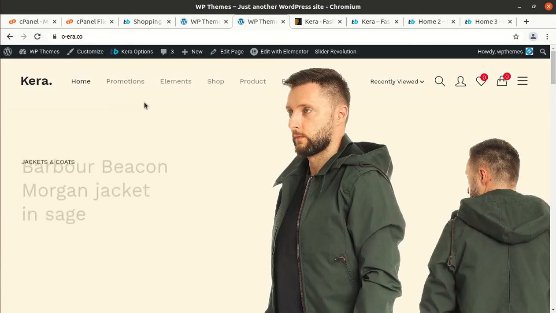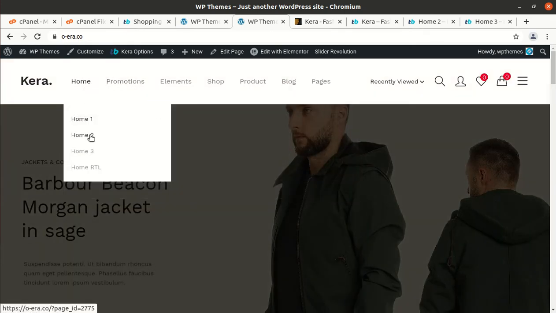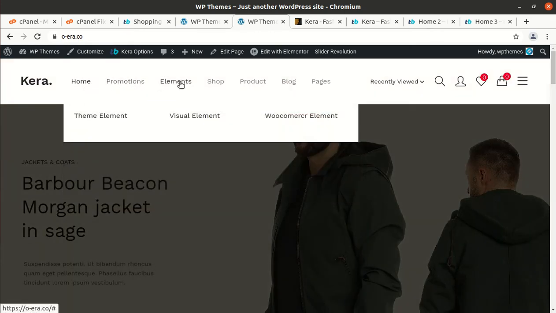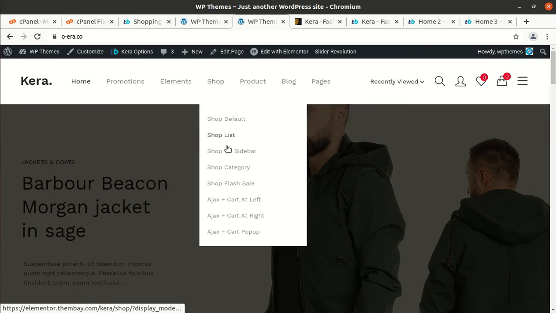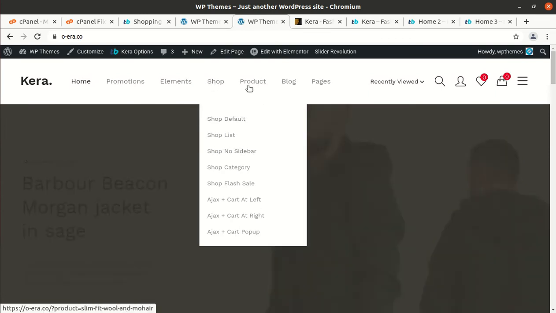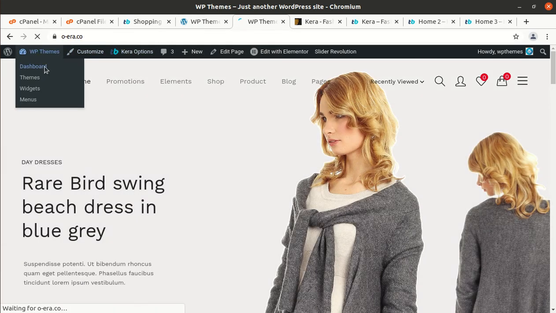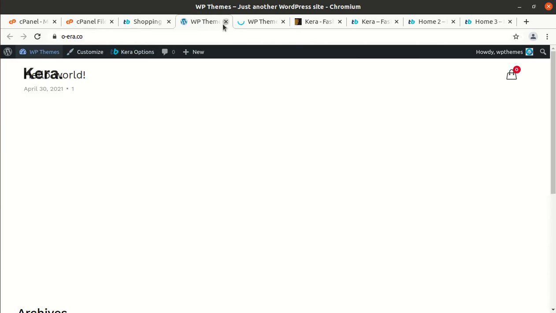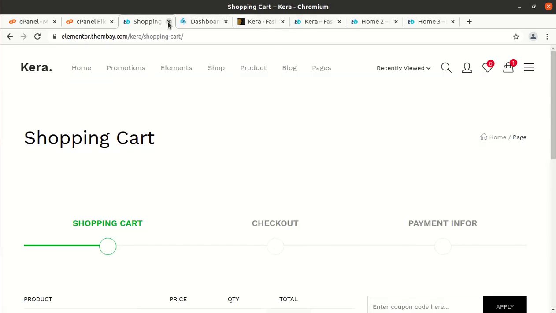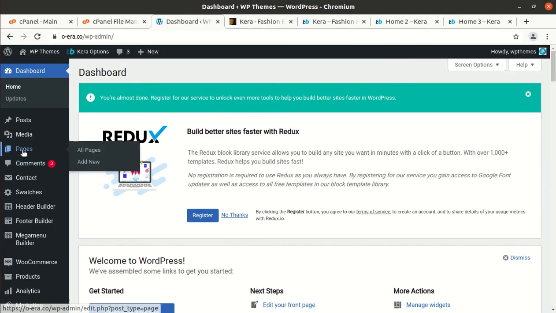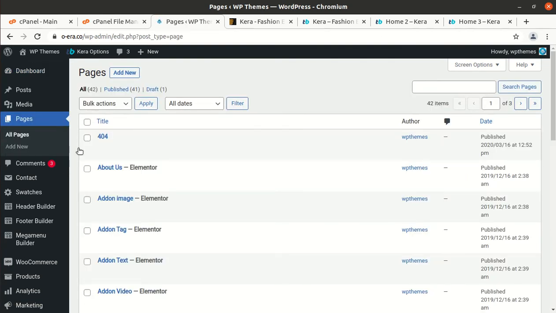So all pages are here. We can even choose to use these pages, and so let us check what pages we got in the demo content. I'll show you the pages, and after that I'll show you the theme options.